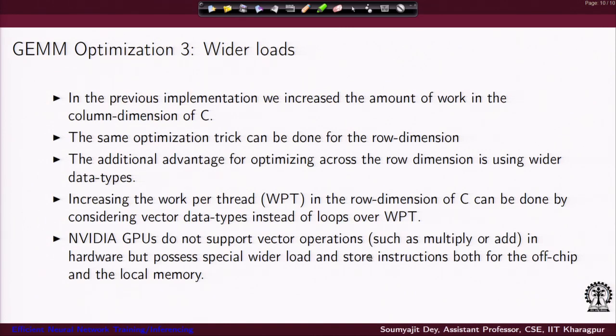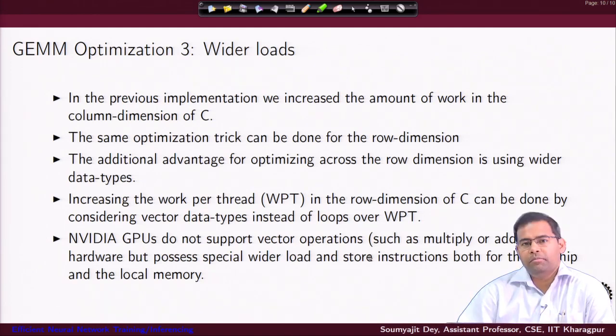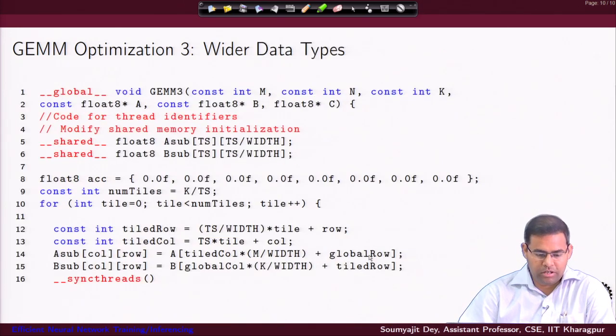I am not going to have multiple addition or multiplication operations happening on vector data, but I can have vector kind of wide loads, right. I can load multiple data together using a suitable vector data type. Let us see how that really works. So, when I am using a wide data type, one example would be this float8.